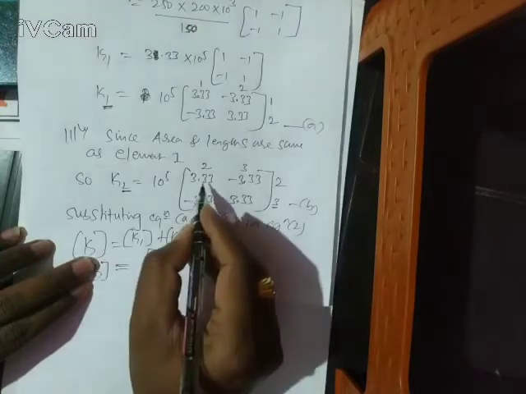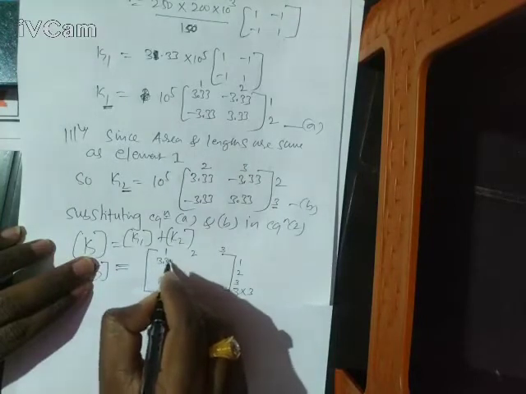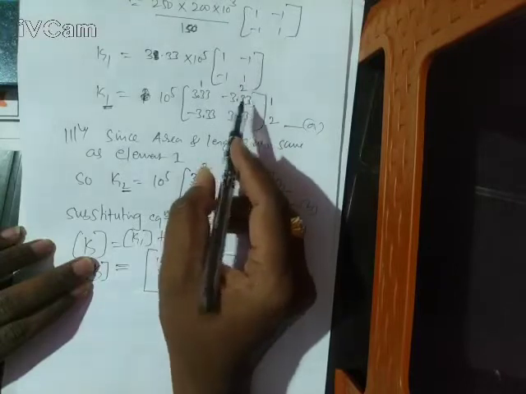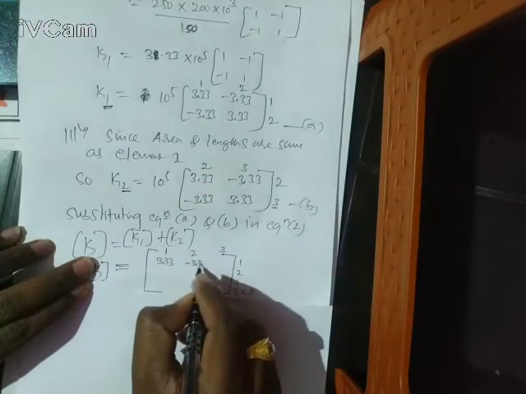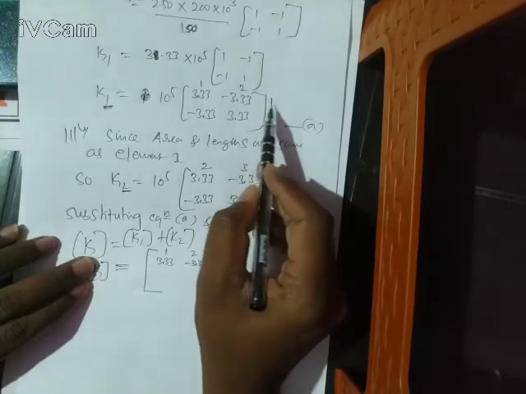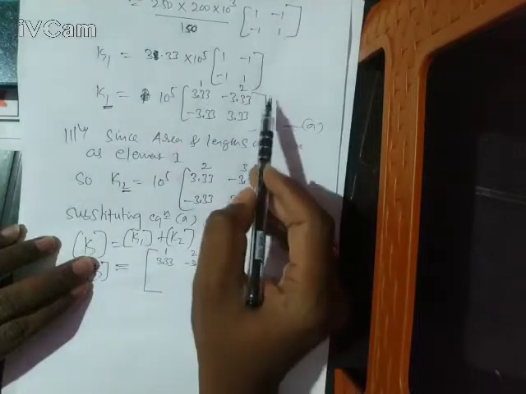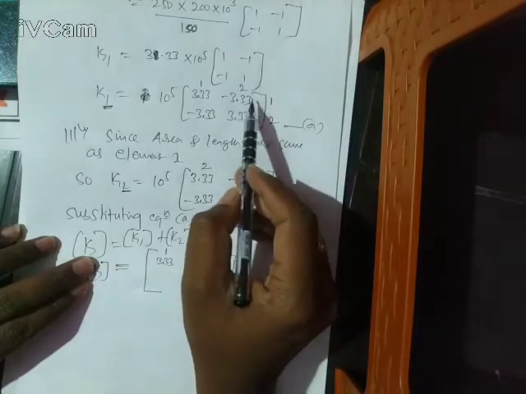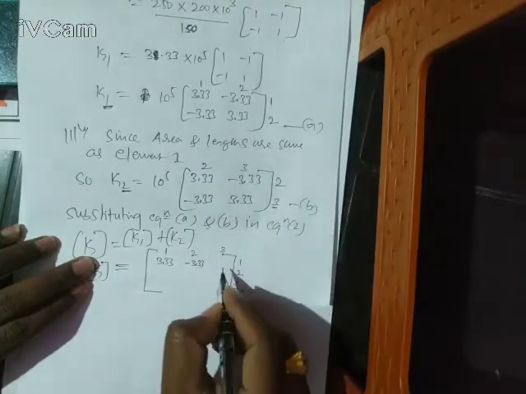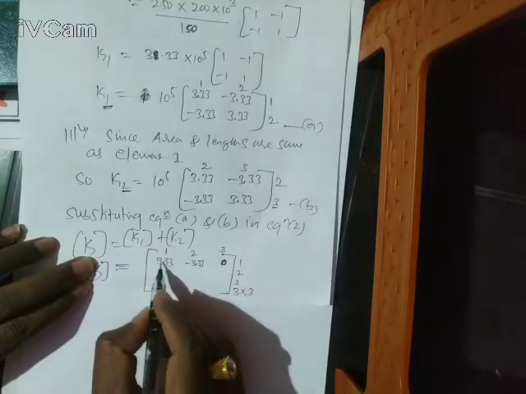First row, first column, 3.33. Fine. First row, second column: first row is there, second column is also there, minus 3.33. First row, third column. See here friends, first row is available in this matrix, but in this matrix first row is not available. Hence in first row maximum having second column, so third column is absent, so directly I am going to write it as 0. So now second row, first column,